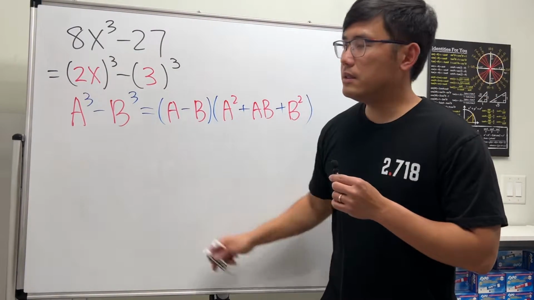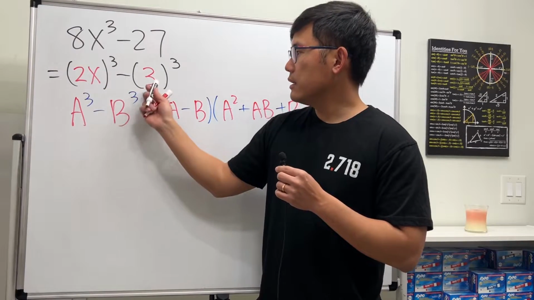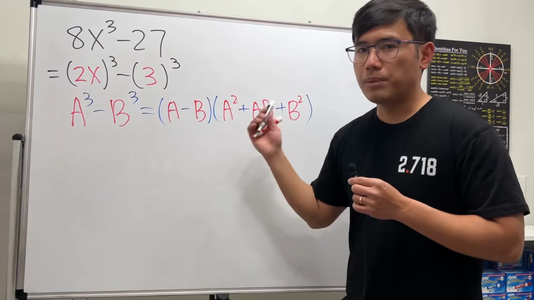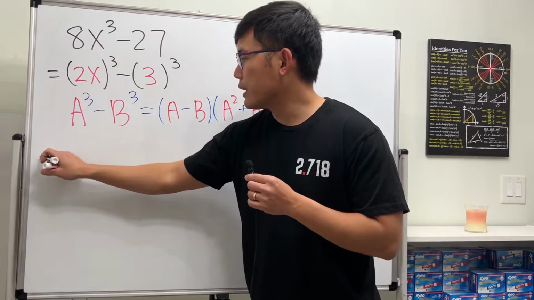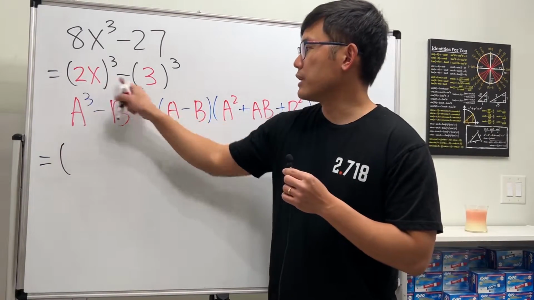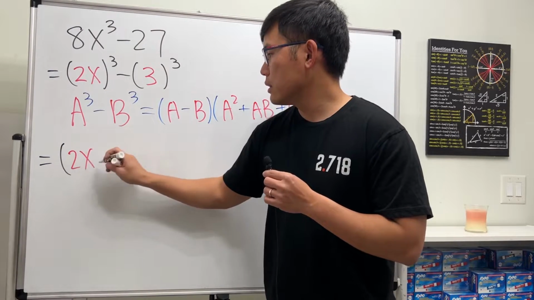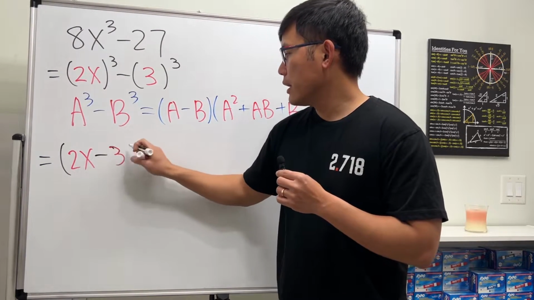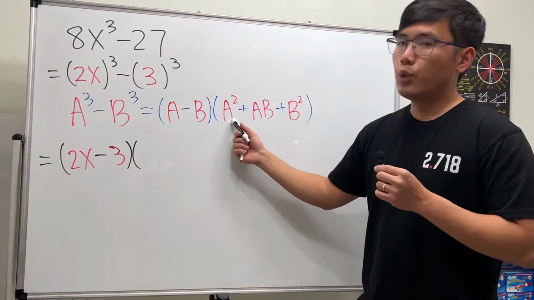So as we can see, 2x is the a, the 3 is the b, and we just have to apply this formula, and we will get the first factor is a minus b, which is 2x minus 3. And then we multiply by the second factor. We first have to do